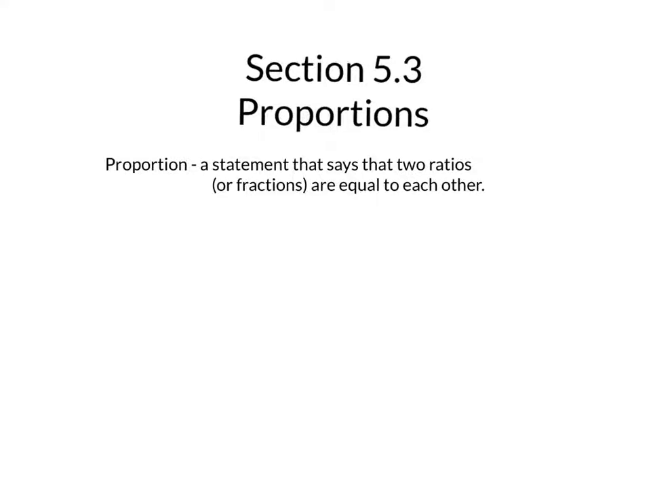Section 5.3, Proportions. A proportion is a statement that says that two ratios, or fractions, are equal to each other. In order to write a proportion, you just need to have an equal sign between the two ratios. So let's say that we have two different ratios. One of the ratios is 1:2, and the other one is the ratio